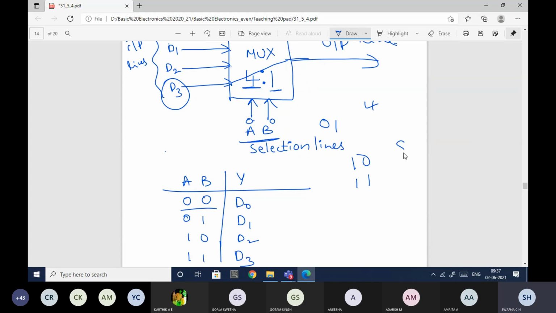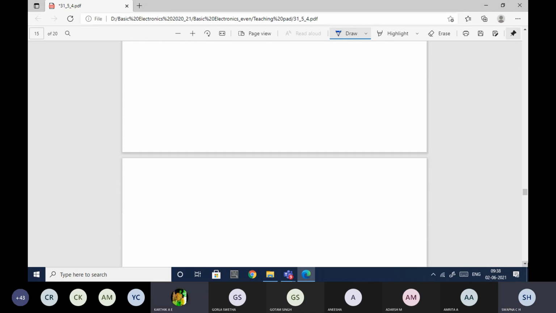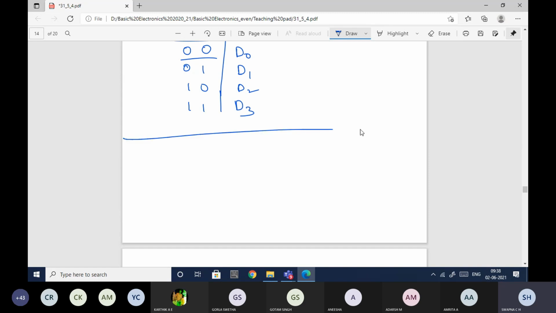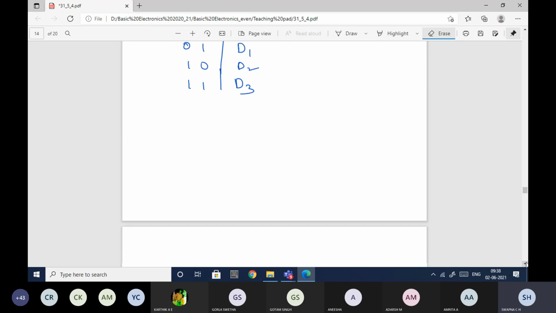But in your syllabus you have the 8:1 mux. Whenever they ask you in the exam to explain the multiplexer, you have to go with the 8:1 mux only. So can you tell me how to draw the 8:1 mux? I'll draw it on the next page so that the selection lines can connect properly.